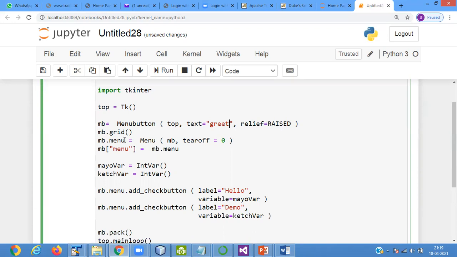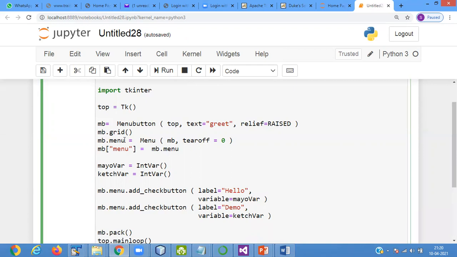It is created geometry for adding the value. This is a geometry manager.